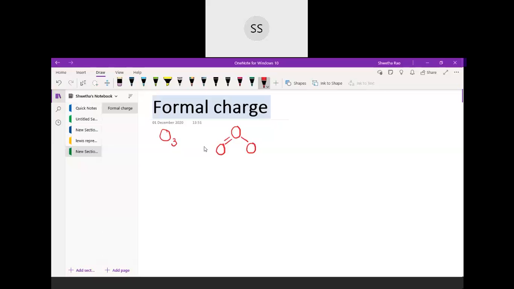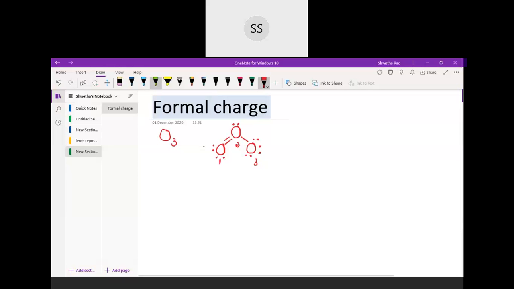So here 4 is already there for this first oxygen. If I write this as the first one, this middle one as second, and this one as third, you will see that the first will require 1, 2, 3, 4 electrons to complete the octet, whereas the second oxygen requires 2 electrons, and the third oxygen requires altogether 6 electrons to complete its octet, because 2 are already there, so 6 more are required. So this is how the oxygen atoms were.